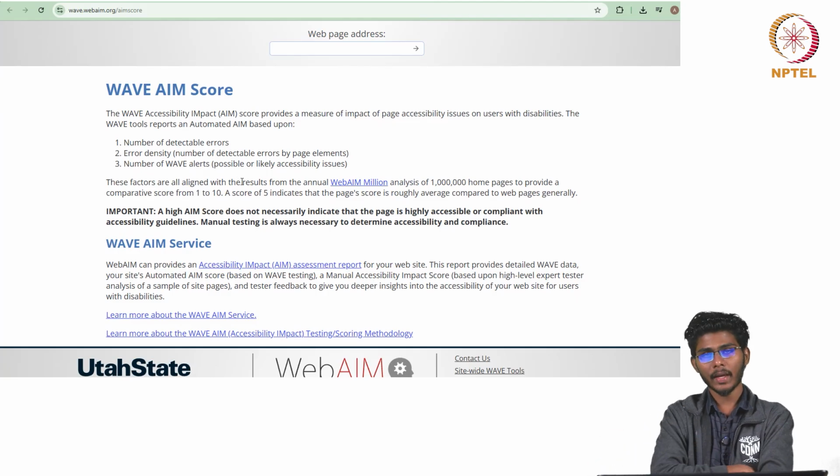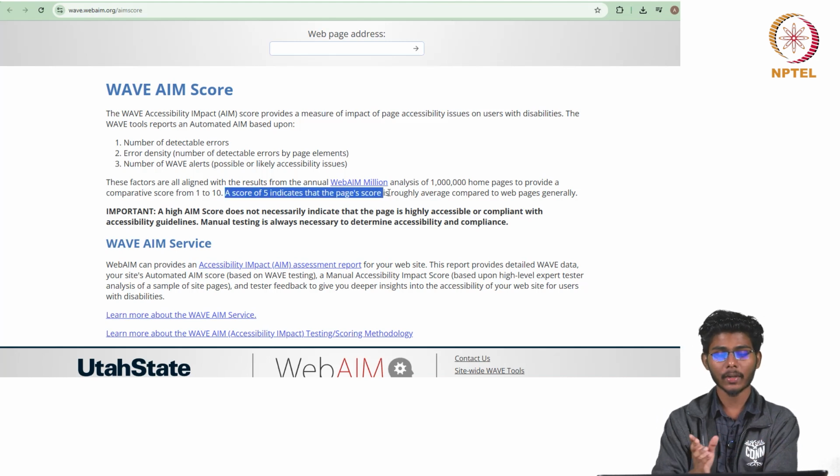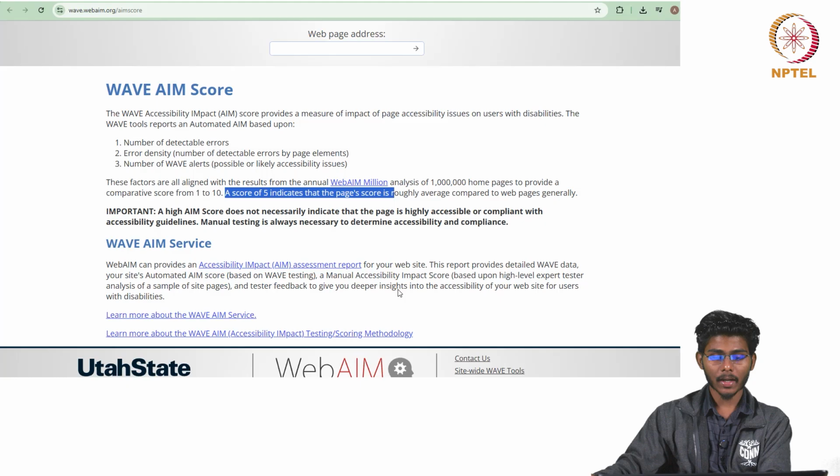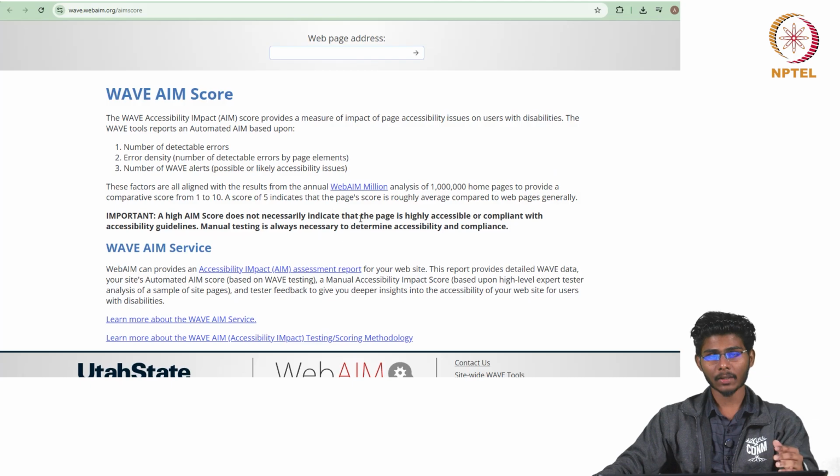The AIM score is counted from 1 to 10. As you can see, a score of 5 indicates that the website is averagely accessible for users.